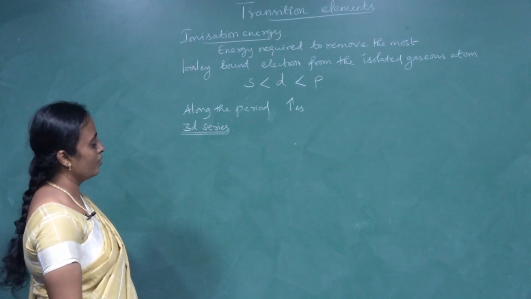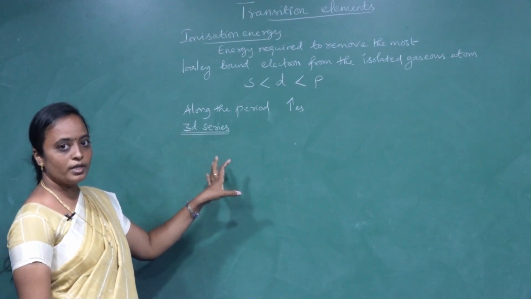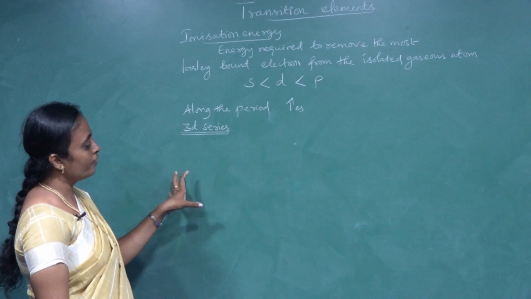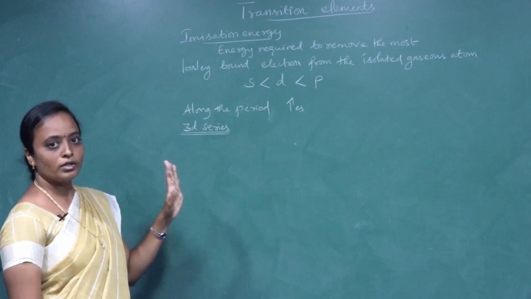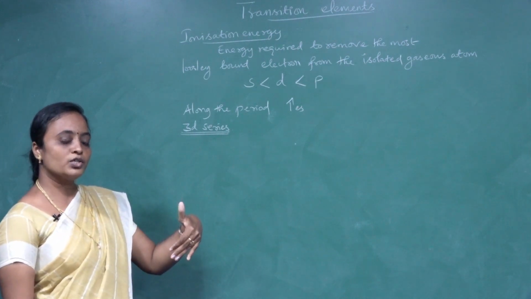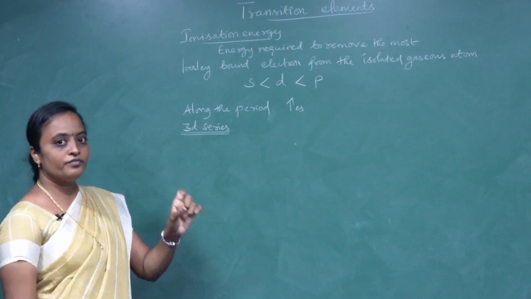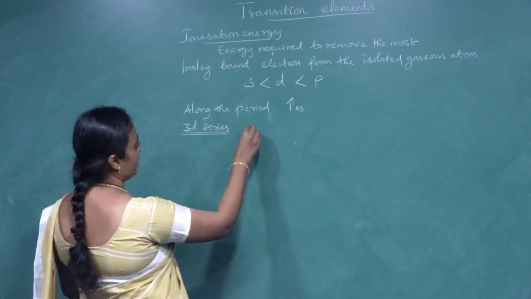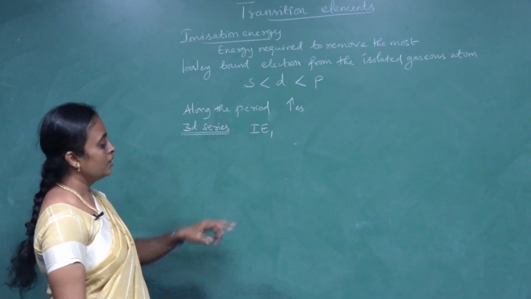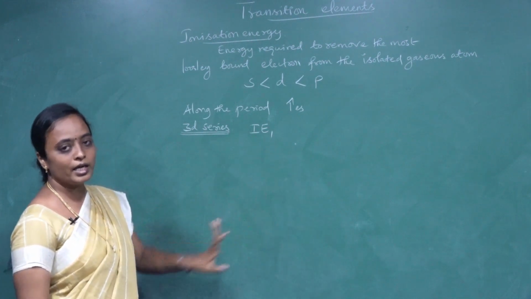When we move from left to right along the period in the 3D series, the ionization enthalpy should gradually increase, no doubt. But if you take the first ionization enthalpy, which we can name IE1, that is first ionization energy or first ionization enthalpy,